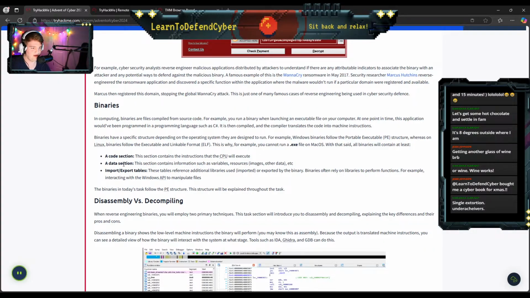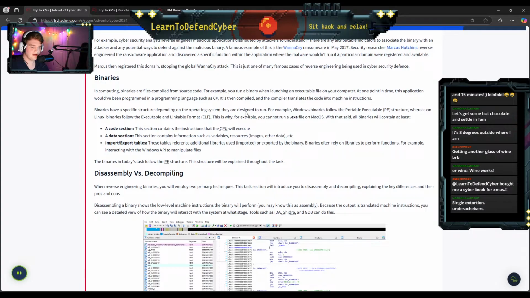Even assembly, it's pretty close to machine code, but it's not readable, right? Your CPU's thinking in ones and zeros. So it has to compile it into something machine readable, and it's going to turn it into that machine code.